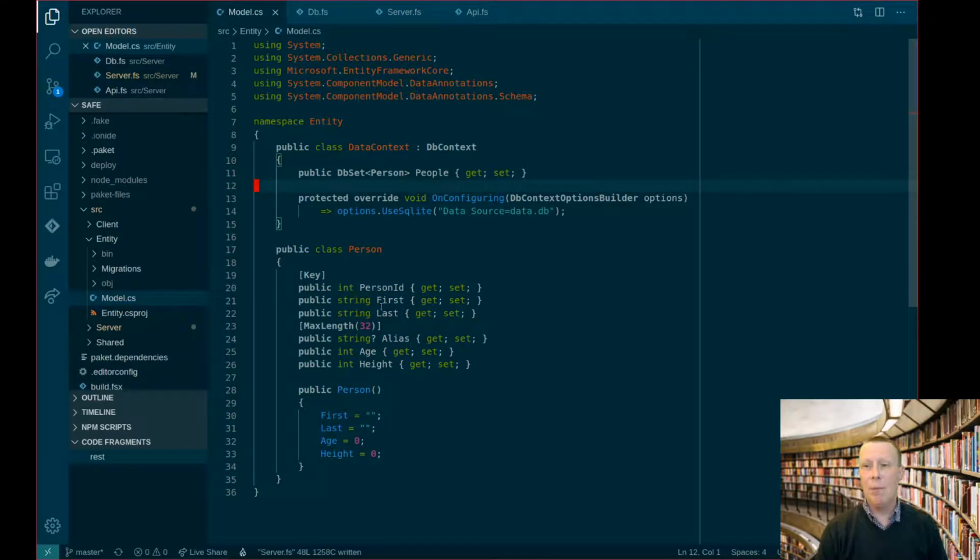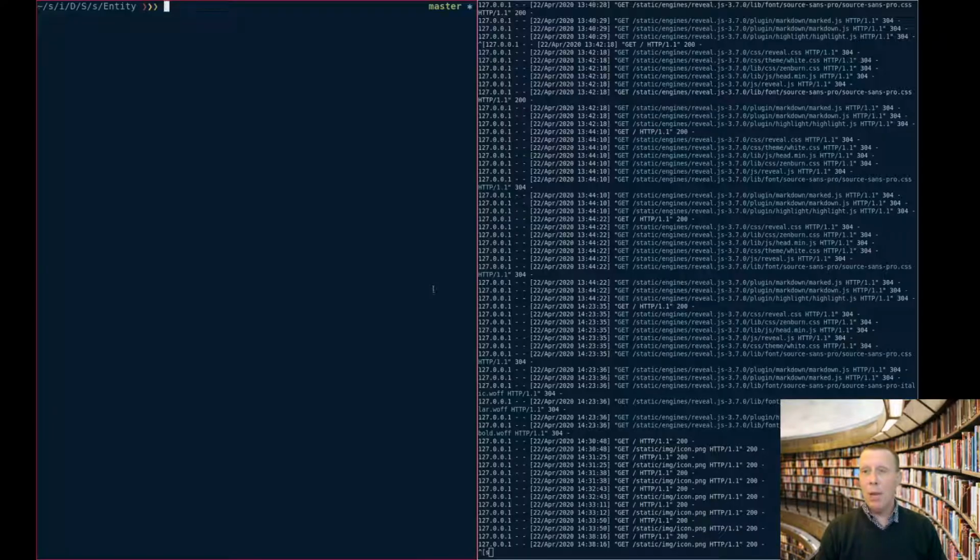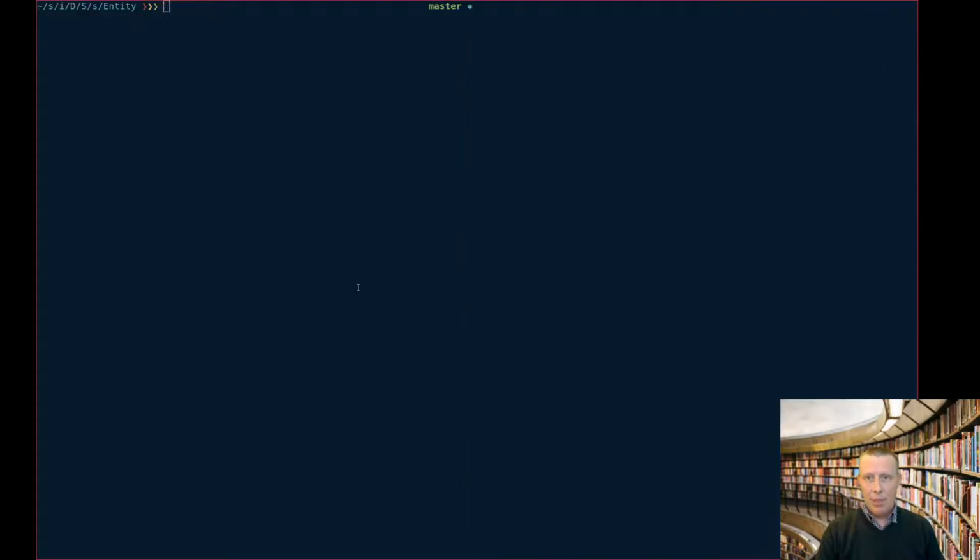I have a first name, I have a last name, I have an optional alias, and I say that the maximum length of the alias can be 32 characters. We have an integer age, and we have an integer height. And then I create a default constructor for this class, to create empty persons, so that it doesn't complain. And now, in principle, I could just go to the terminal here, and I could say dotnet ef migrations